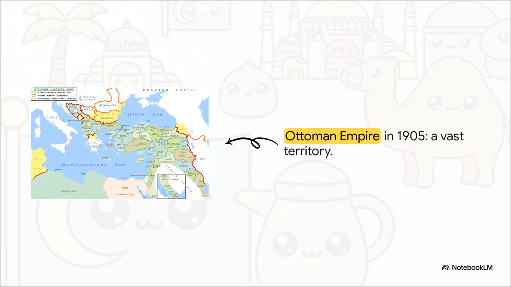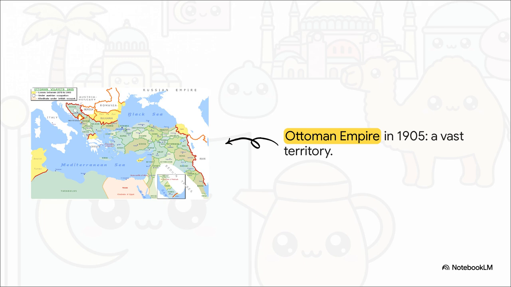By 1905, the sheer size of that Ottoman pot was absolutely colossal. From their capital in Istanbul, Ottoman rulers held dominion over a sweeping expanse of territory stretching across parts of Europe, Western Asia, and North Africa. This was one of the most formidable empires in world history. Just a massive, rigid structure trying to maintain absolute control over an incredibly wide swath of the globe.